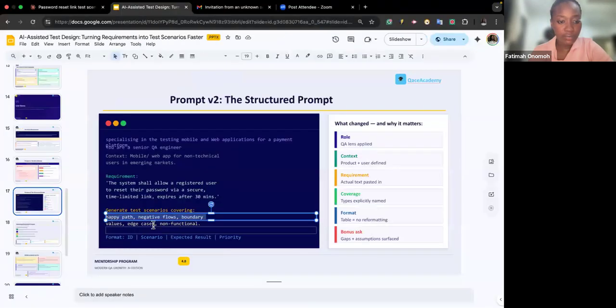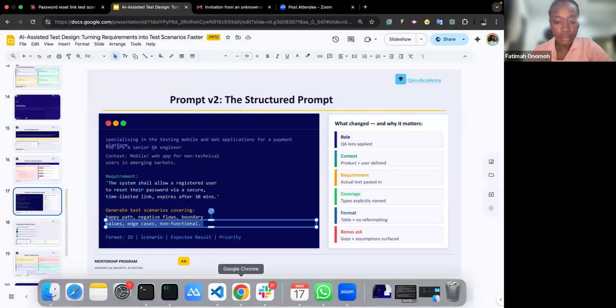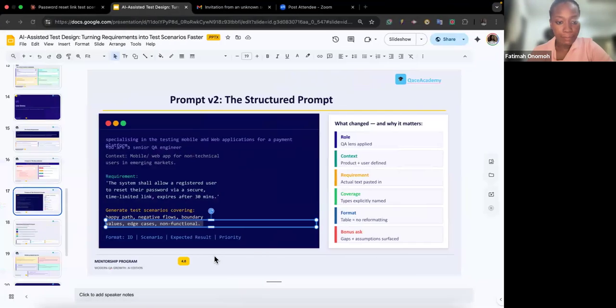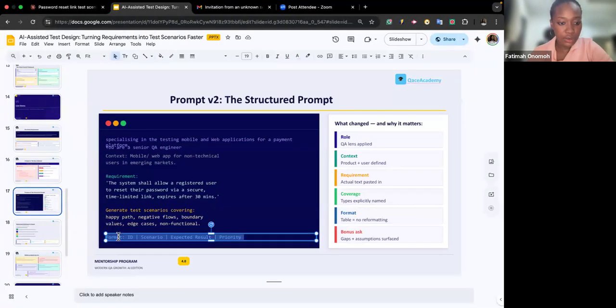And the happy paths. So we're giving the coverage that we want it to take account of. And then lastly, we tell it to